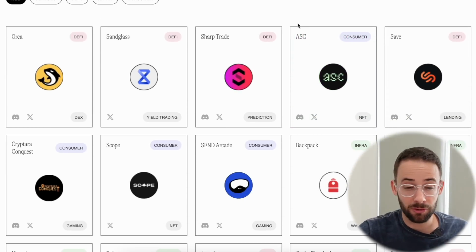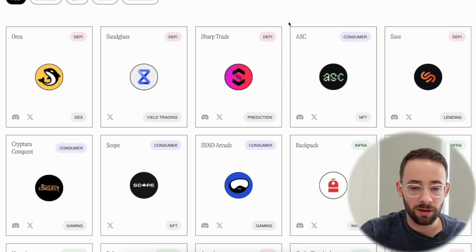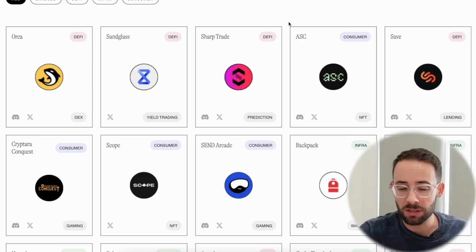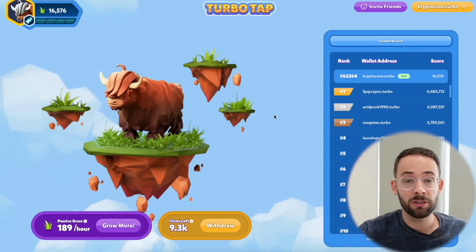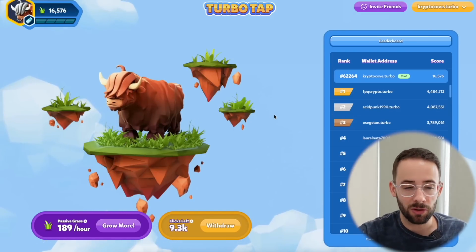So for the purposes of time and this not being like an hour-long video, I'm obviously not going to walk through each and every single one. However, I will hit on some of the bigger ones, some of the more important targets. Now, for starters, one thing that you're definitely going to want to do once you've bridged some funds to Eclipse